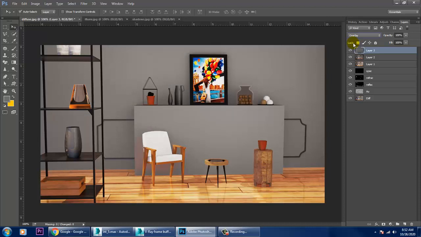You can keep this as overlay, and let's just reduce its opacity over here.